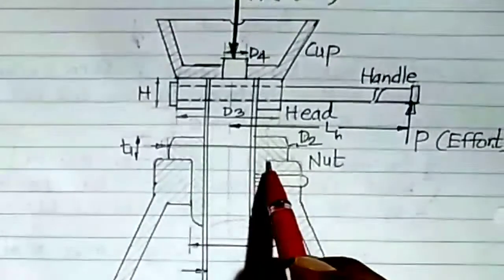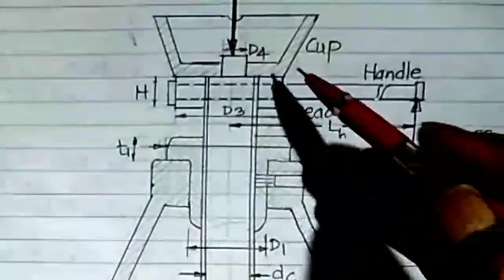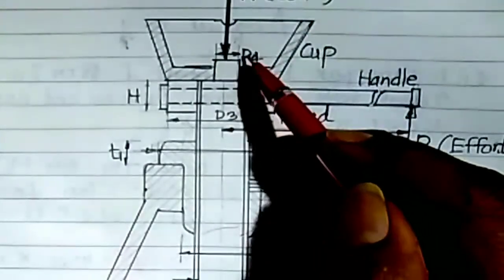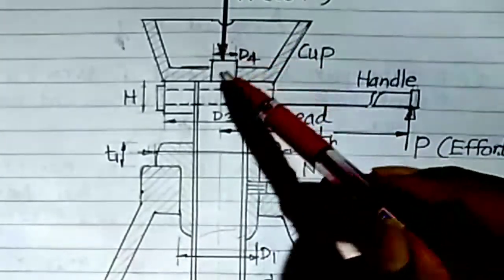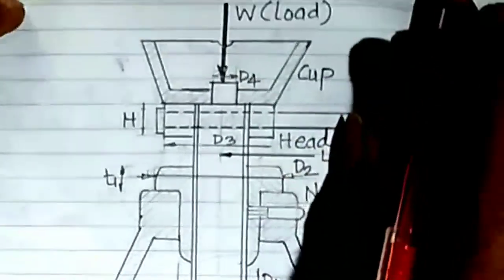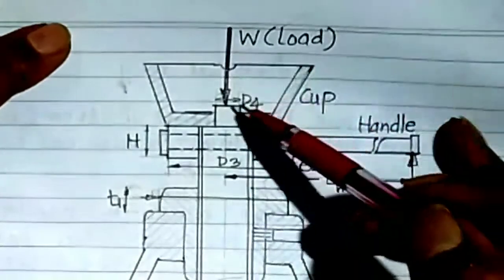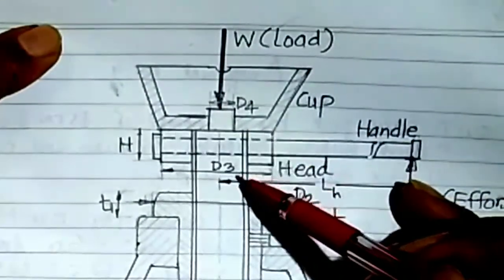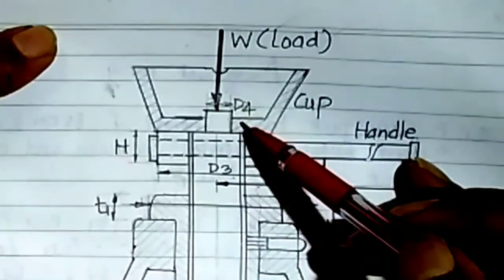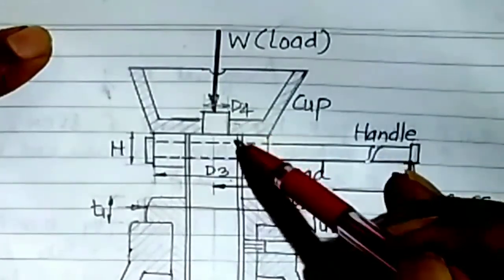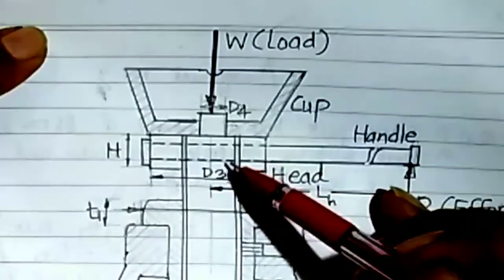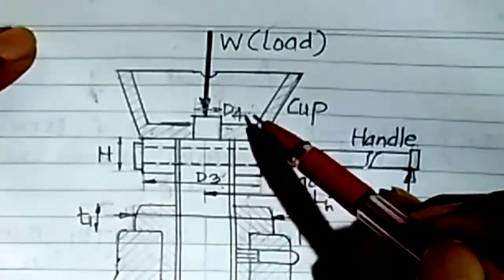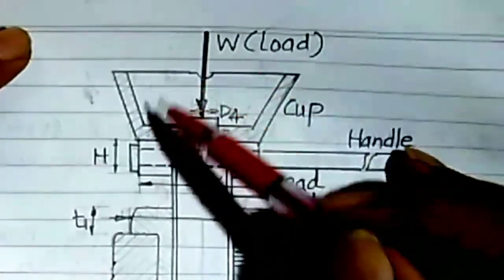As we have seen, while designing nut, we have considered tension, shear and crushing of nut. So here there will be tearing. So there D1 and DO is considered. So pi by 4 D1 square minus DO square is the area which is resisting failure. Now in case of shear, the area resisting failure would be pi D1 T1, and for crushing it is going to be pi by 4 D2 square minus D1 square.